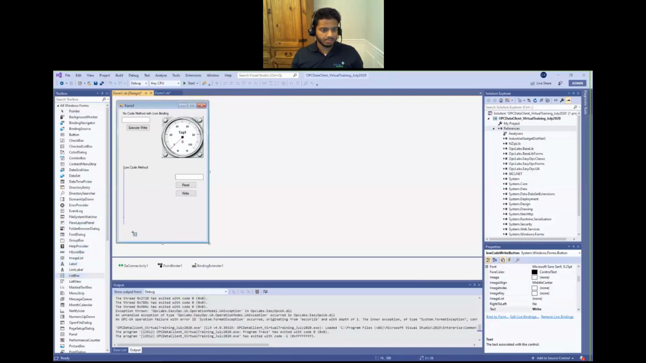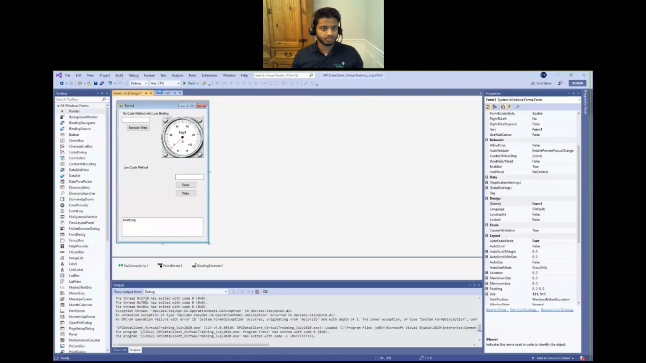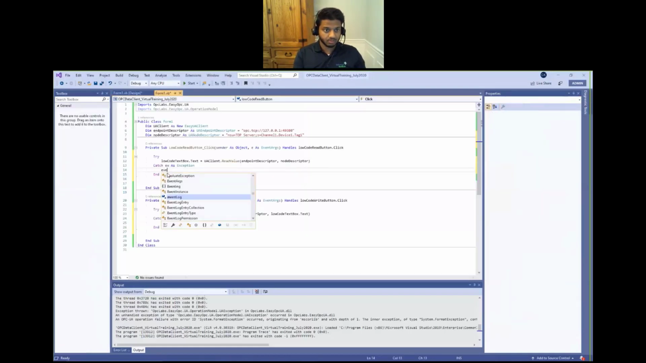I'm going to add this list box down here, and this list box is going to act like our event log, essentially. That's exactly what it's going to be for us. It's going to be an event log. So because it's going to be an event log for us, I'm going to change its name to event log. So I can go event log dot items dot add,